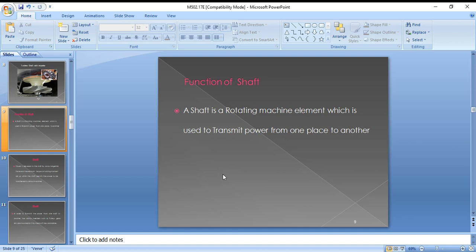Generally, shafts are of circular section and could be either solid or hollow, and are supported on bearings. A shaft is a rotating element. If we placed it on a rough surface, there is a chance of wear, so we place it on bearings which have rollers, so that there is less chance of wear. They may carry some rotating parts like gears and pulleys. Most of the time a shaft has gears and pulleys.